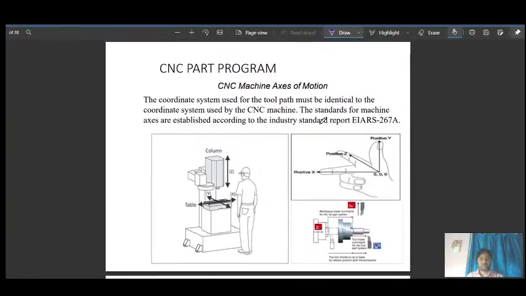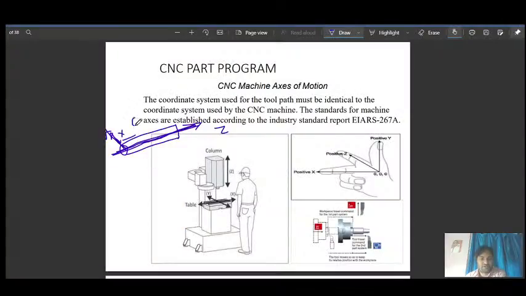So here in a CNC part program, again in NC machines we have seen that for the lathe machine or cylinder type of job, this axis was your z axis and the diametrical axis was your x axis. From the center line, generally in CNC machines, the center line is defined as 0, and from the center going away it is positive.